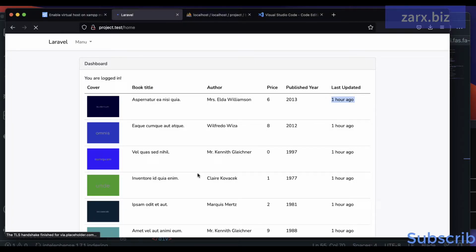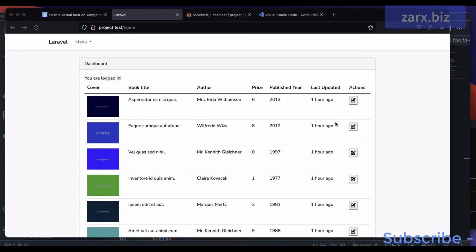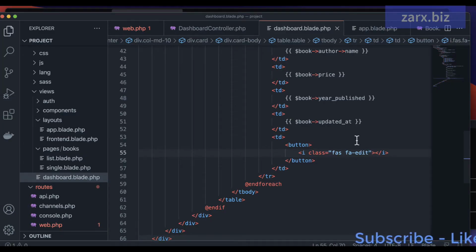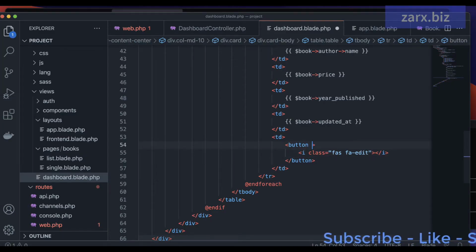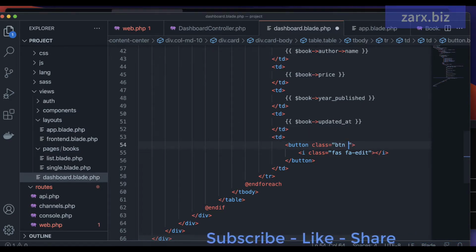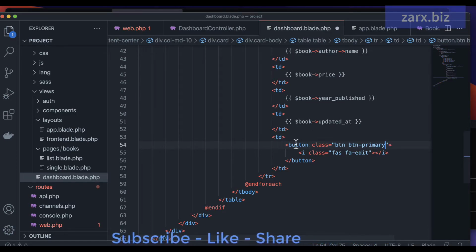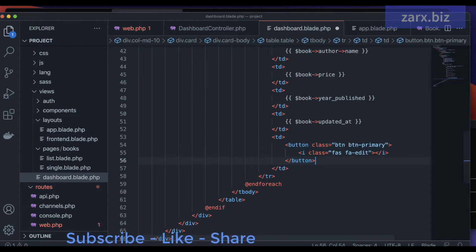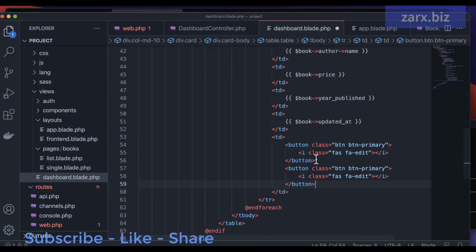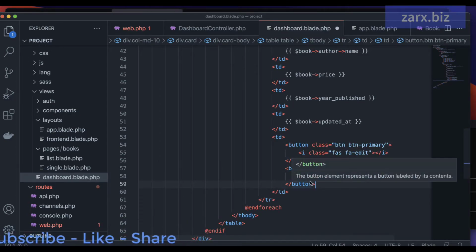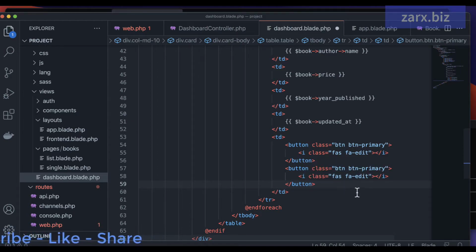Go back, refresh. Alright, so we can give the Bootstrap class here to make it a bit better. So here I say class, and it's going to be btn and btn-primary. Same way we need another button, so I'm going to paste here, and this button is going to be for the deletion. So here we say